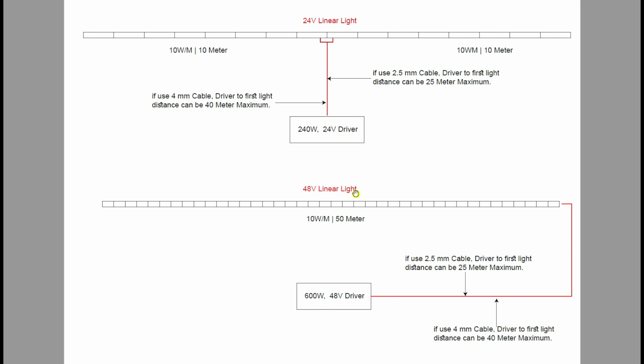You don't need to bring another cables here or looping, nothing. You don't need to do anything. Just give the power in the first light and connect the 50 lights. But this is the basic things. So before you're doing that, you need to reconfirm with the manufacturers, because each manufacturer has their own way